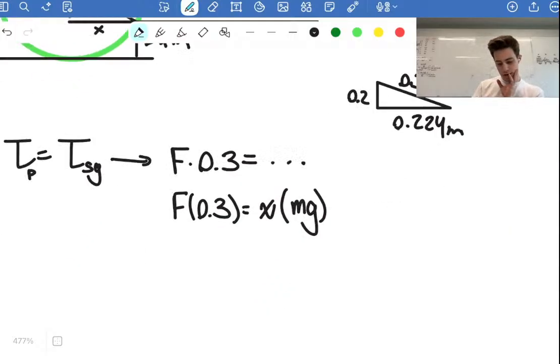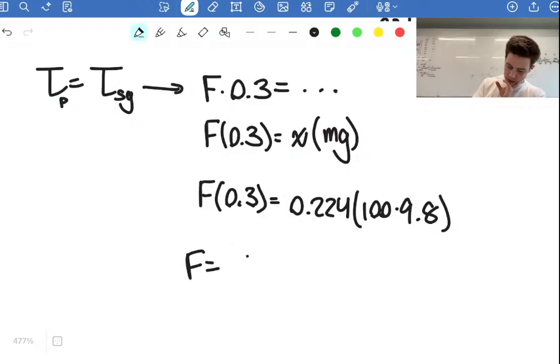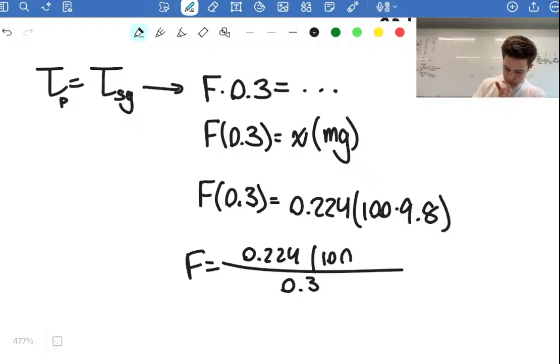meters. So now we do force times 0.3 equals 0.224 times our mass, which is 100, times our gravity, which is 9.8. You're able to solve that. So we'll do 0.224 divided by 0.3 times